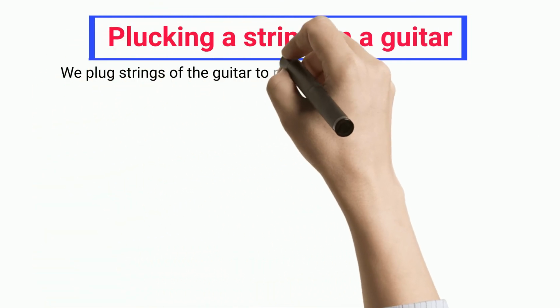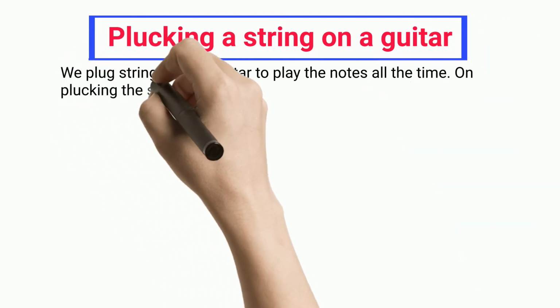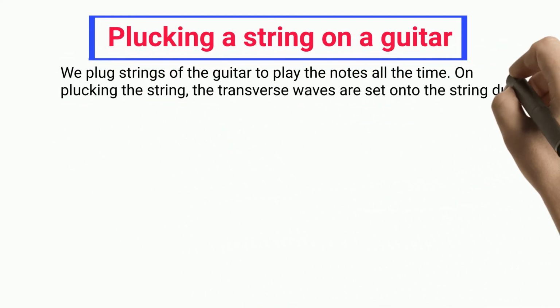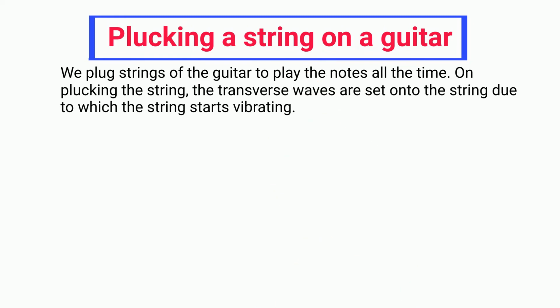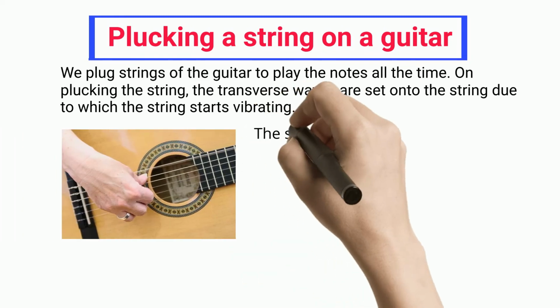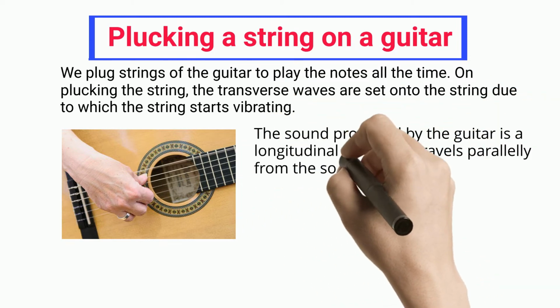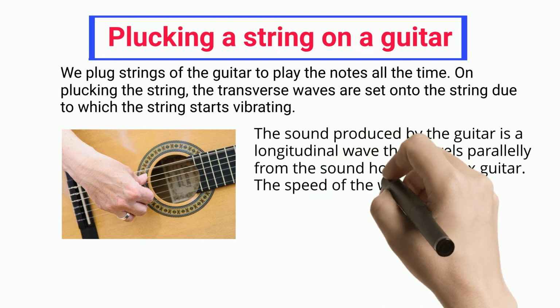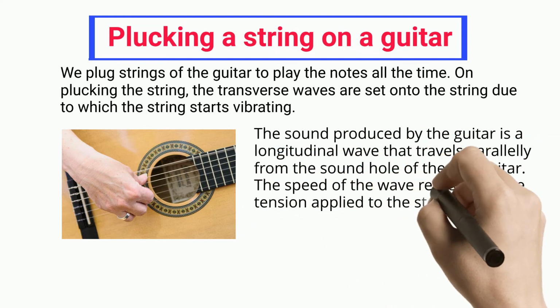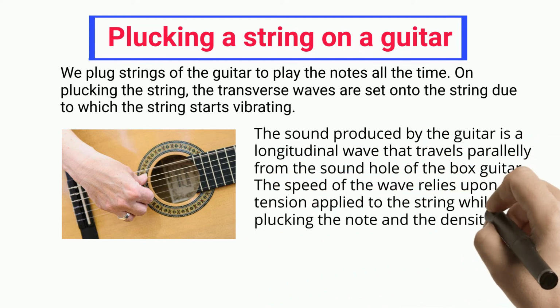We pluck the strings of the guitar to play the notes all the time. On plucking the string, transverse waves are set onto the string, due to which the string starts vibrating. The sound produced by the guitar is a longitudinal wave that travels parallel from the sound hole of the box guitar. The speed of the wave relies upon the tension applied to the string while plucking the note and the